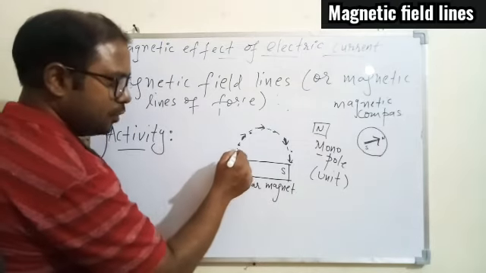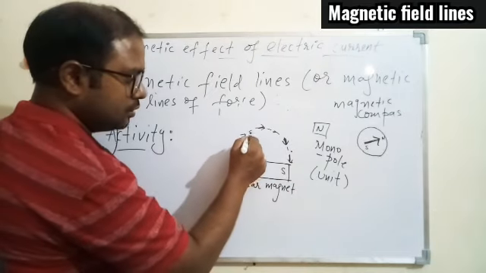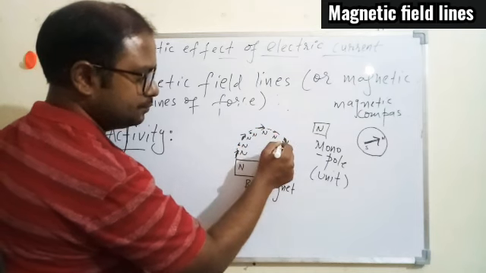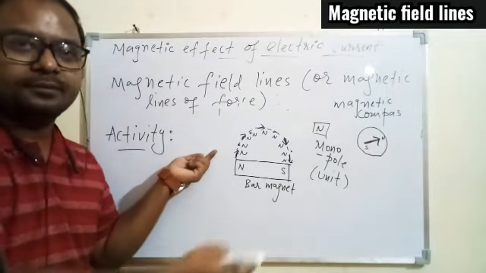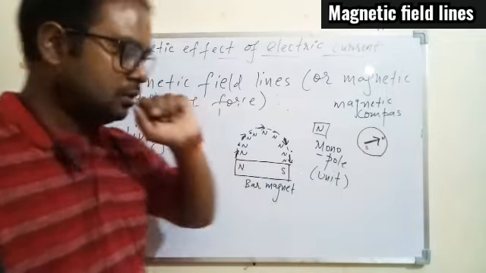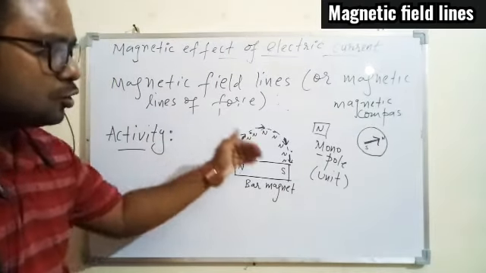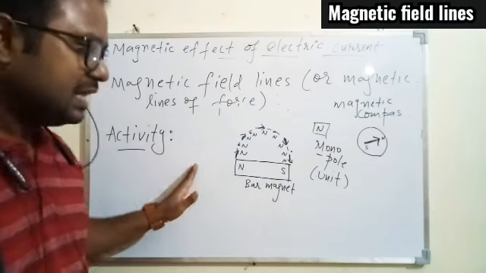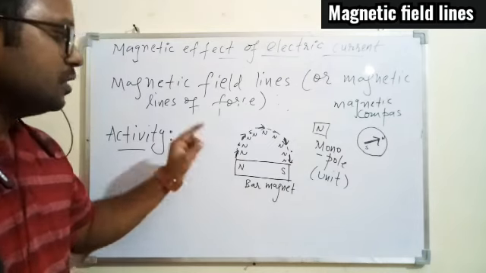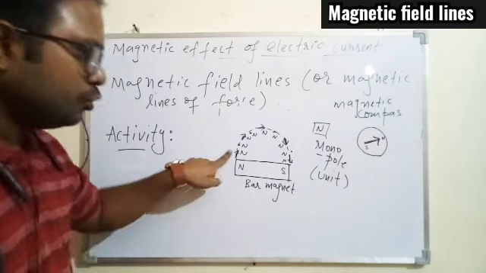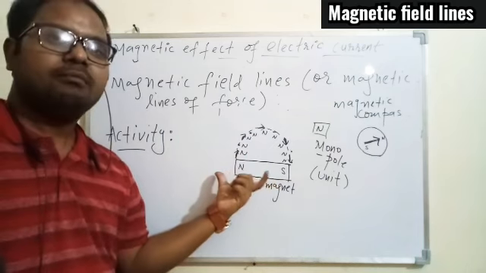Now if you see, this point was nothing but the north of the needle previously. Again this point was at the north, this point was the north, so all the heads were nothing but the north. That is how we got this line, only with the help of the north pole. So based on this we can also define the magnetic field line, that is, it is a line around a magnet along which the unit north pole is moving from north to south pole of a given magnet.